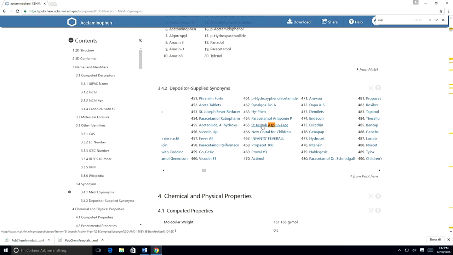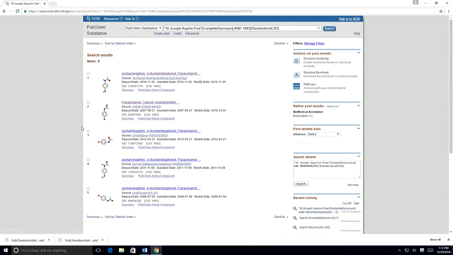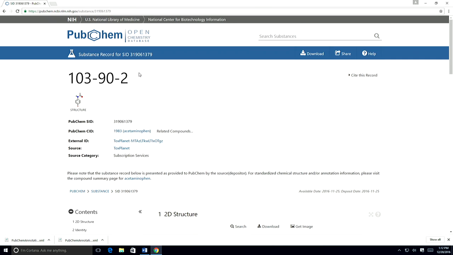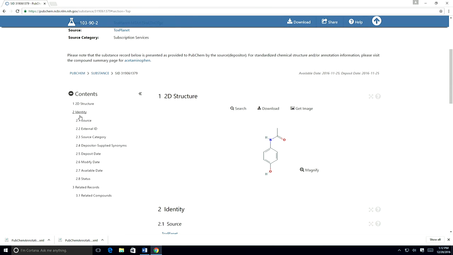Now I can click on here, and I come to a form of DocSum page, but these are not compound IDs, these are substance IDs, and each of these has a source. So the first one comes from Tox Planet, the second from ChEBI, the third from ChemIDplus, and they all have the same compound ID, 1983. And if I click on one of these, okay, I can see the material that this